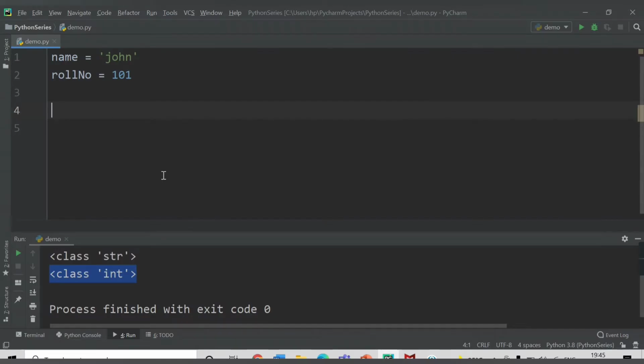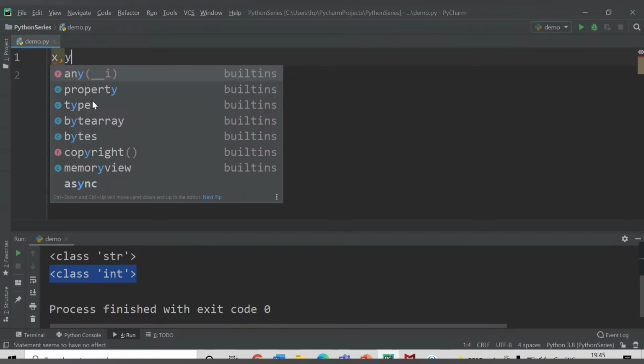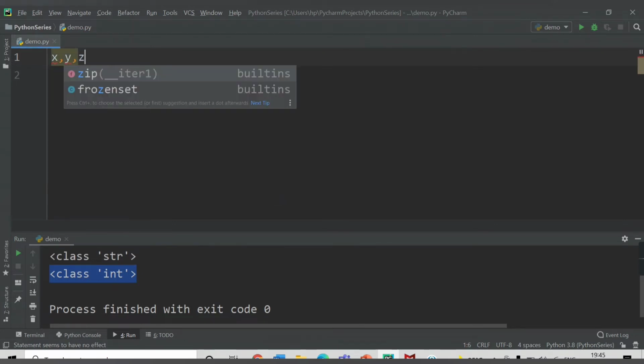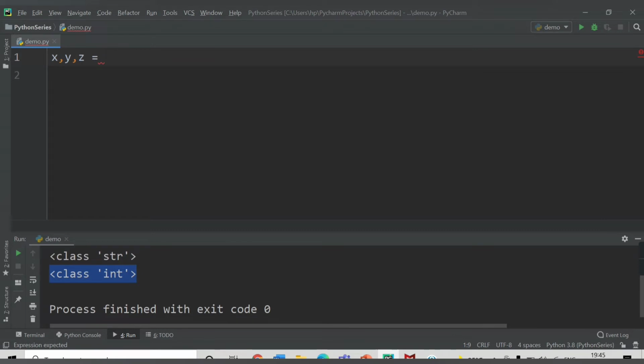So let's see in code. Let's say I want to provide three variables x, comma y, comma z. So these are three variables, and let's say x has value apple, y will have value orange, and z will have value grape.